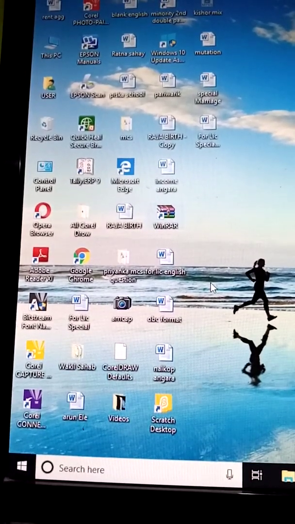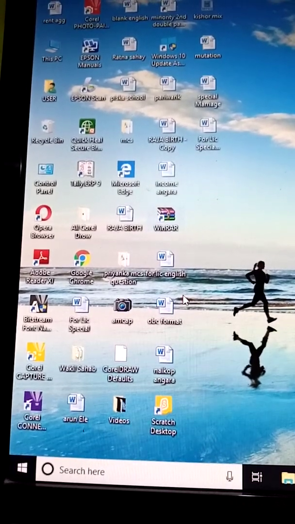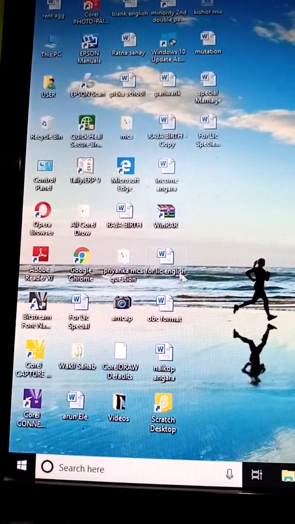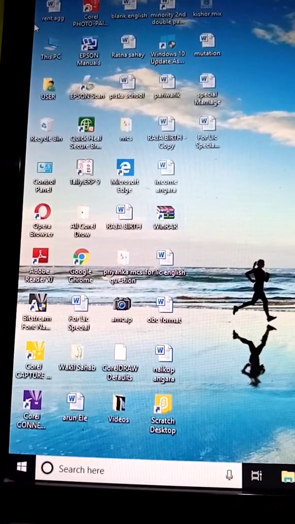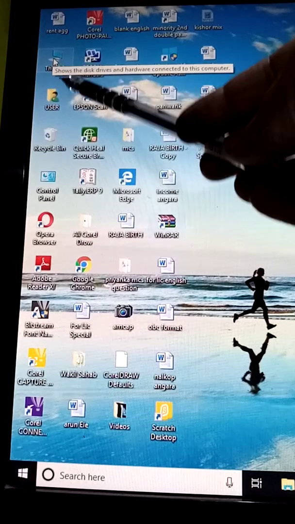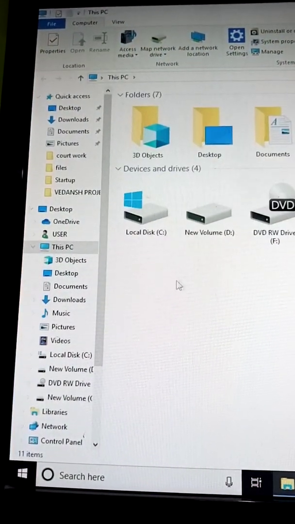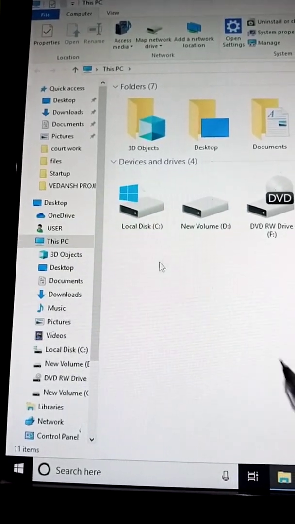The sub-components of the Windows desktop are, the first is Documents. If you look one by one at the different icons of a computer, you can see the Documents icon. When you double click on it, you can see different documents in your computer.